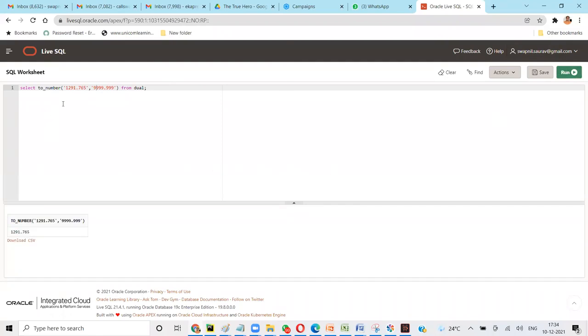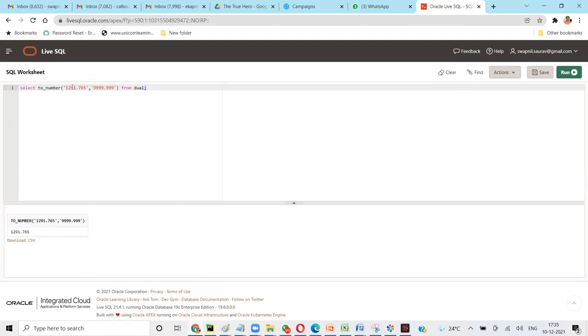Okay. But see here, what it did was, when you said TO_NUMBER, this is not treated as a number, this is treated as a string. And what it does is, it looks at the format: okay, 9, is it a number?